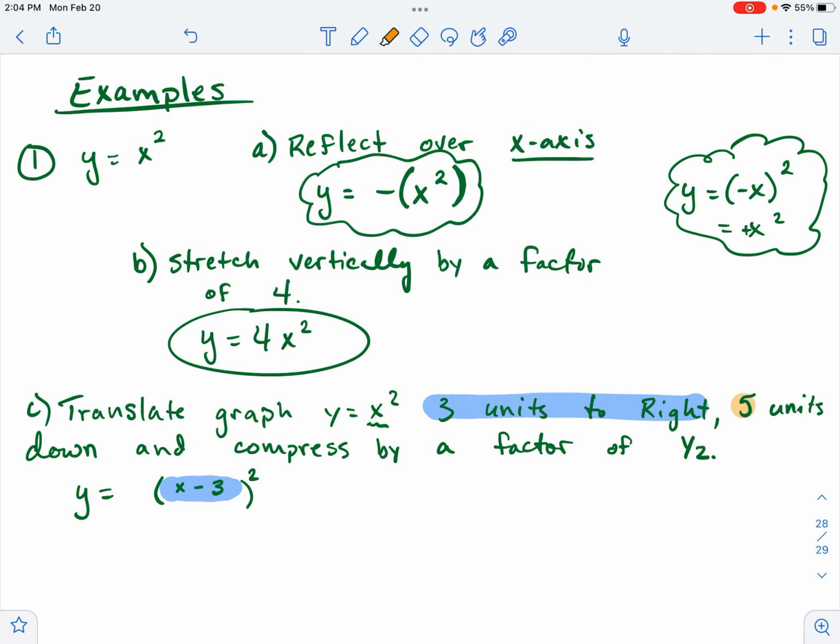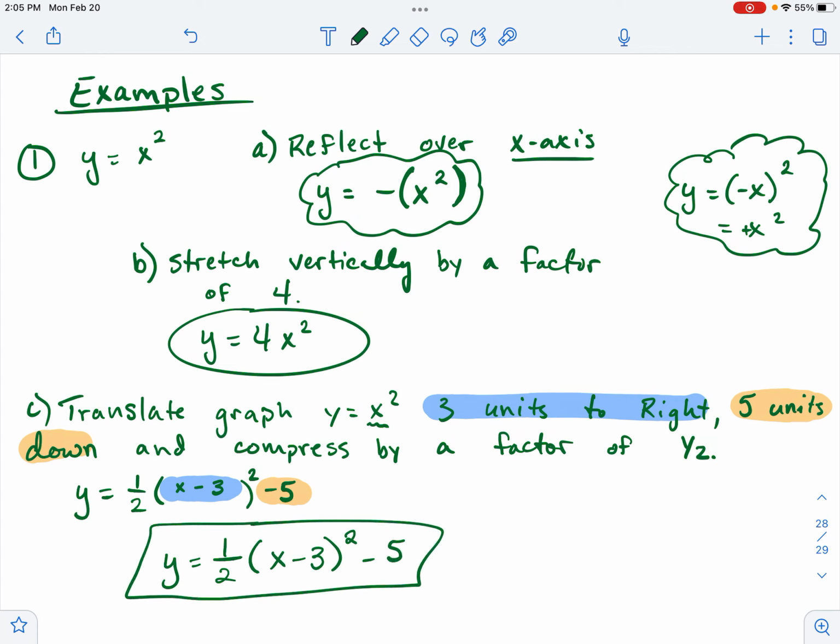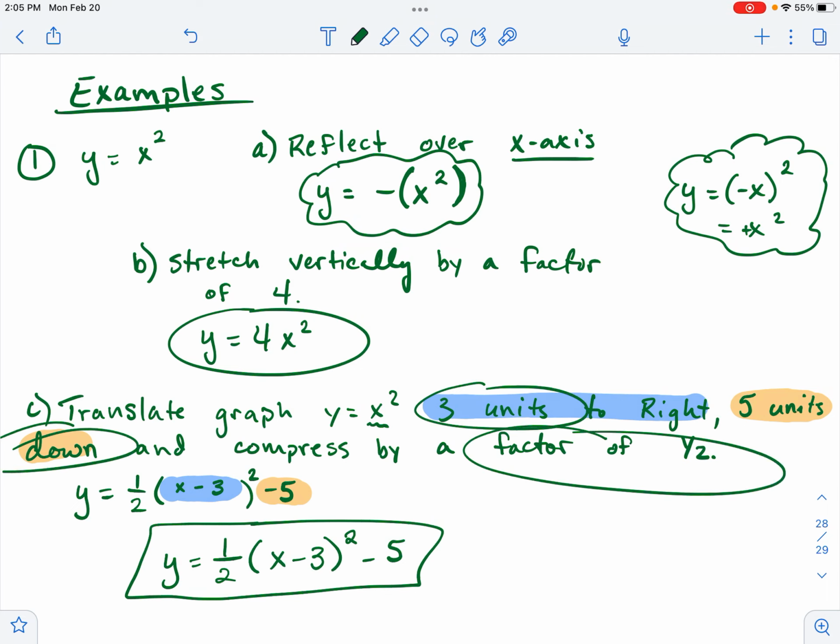Then our other piece, 5 units down, is going to take place outside the parentheses, so minus 5. And then a vertical compression by a factor of 1/2 is going to put a 1/2 out in front of everything. So this would be written as y equals 1/2 times (x minus 3) squared minus 5. So this would be shifted 3 units to the right, 5 units down, and compressed by a factor